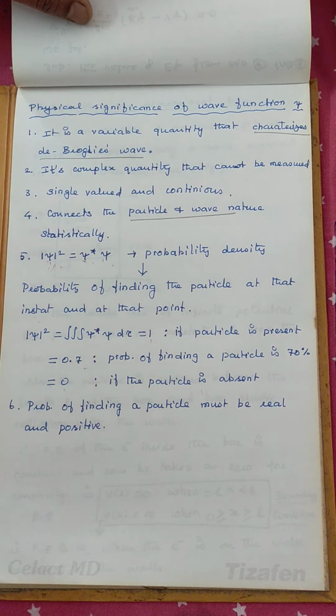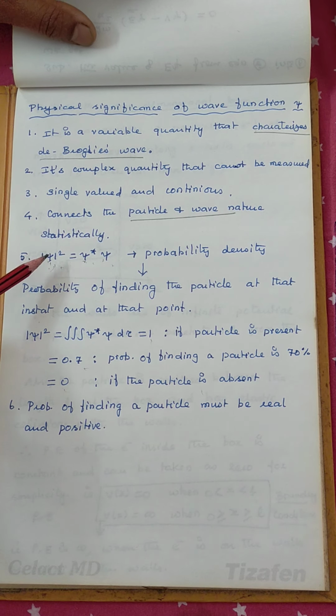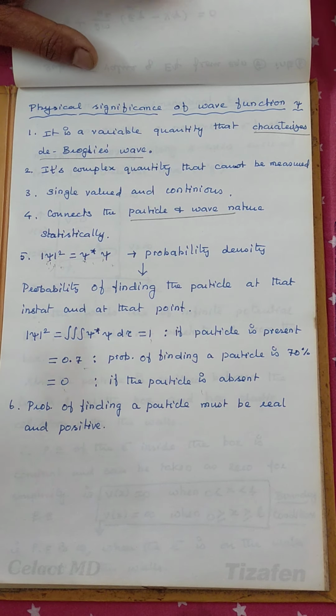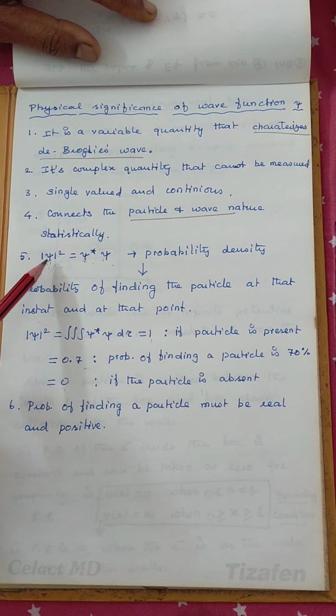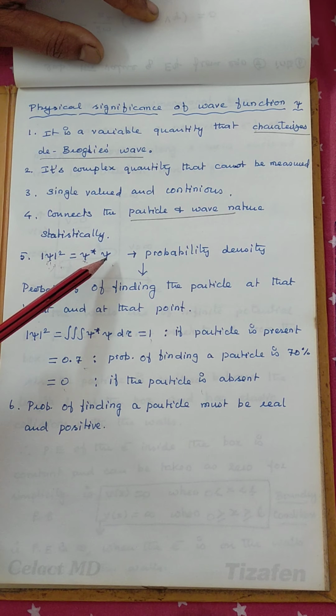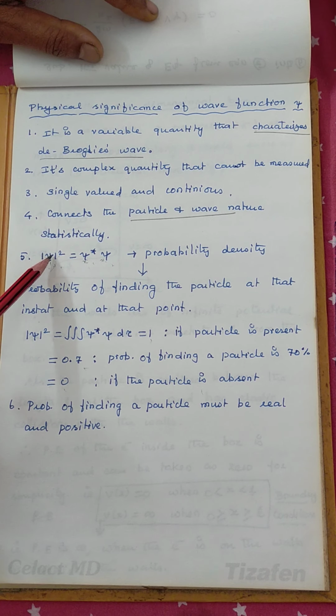Then if it cannot be measured directly, how can it be measured? By measuring the square of it. Square, that too we take as a modulus. If you square it, that gives a real value. If you take the modulus, that too is positive. So real and positive values are obtained by taking the modulus of psi square. How can it be calculated? That is equal to psi star into psi. If psi is equal to x plus iy, I can be taken as negative for psi star. The product will be psi square, a real value, and taken as modulus, so it is positive.